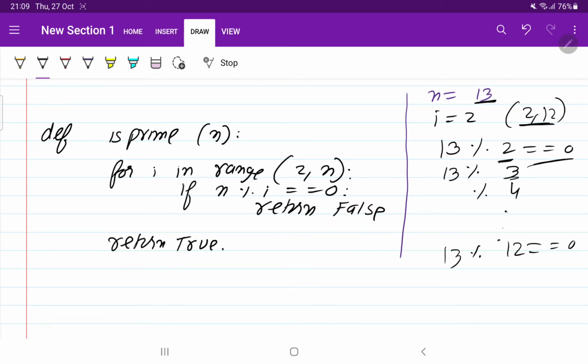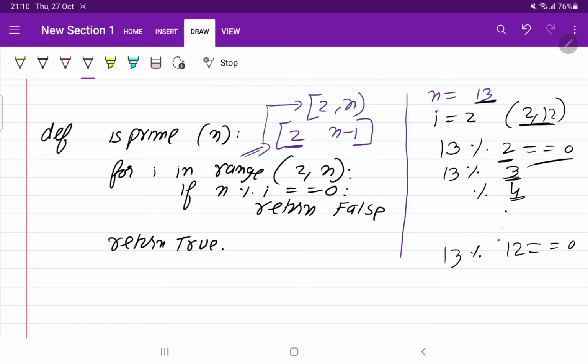But you have to check for each number, whether the remainder is 0 or not. If the remainder is 0, it means that number is completely divisible. As you can see on the left-hand side, I have written the code: for i in range from 2 to n. Here 2 is included and there is an open bracket on n. Whenever you write range 2 to n, it means 2 is included but n is not included. It means it is 2 to n minus 1, a closed bracket on 2 and an open bracket on n.